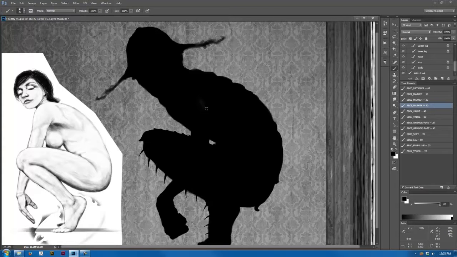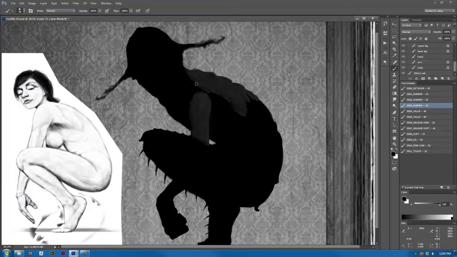Now once everything is set up to work efficiently, I start blocking in, I call it blocking in, the major 3D forms with a pretty dark value. This is a 70% gray painting onto the black silhouette. You want to be very careful at this point that you don't get lost in details. What I'm really looking for is light and dark major forms, major 3D forms,